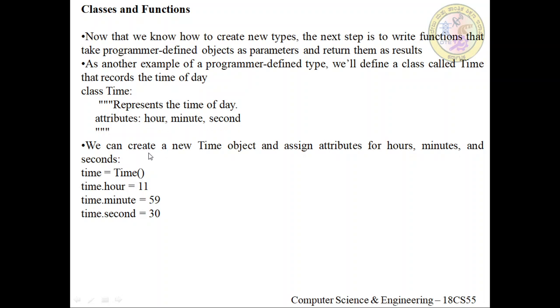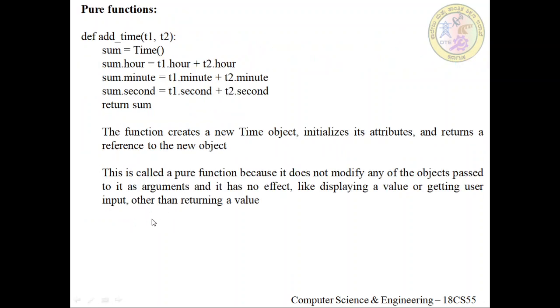Okay, and if you see, we can create a new time object and assign attributes for hour, minute and second. That is what is being done. Class Time: time dot hour is 11, time dot minute is 59 and time dot second is 30. Then we'll add one function which adds the two times, add_time, which takes two objects, t1 and t2.